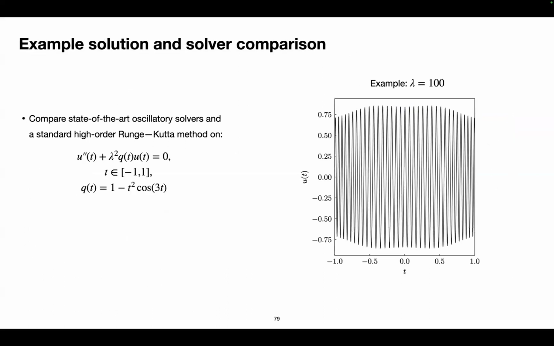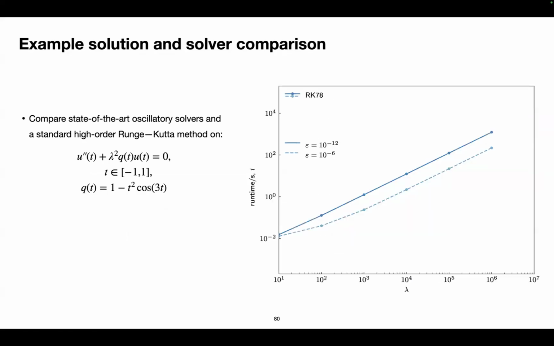Okay, so what I wanted to do is just compare my methods to the industry standard, or other existing methods that have since popped up. So the ODE I'm going to do that on, don't worry too much about it, is this thing on the left-hand side. Its solution looks like this. And its frequency, again, is a parameter. So I'm going to increase the frequency and see how well these methods do.